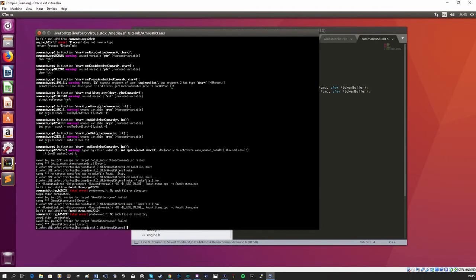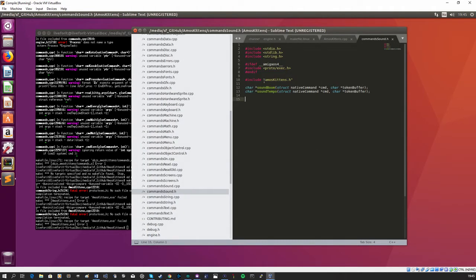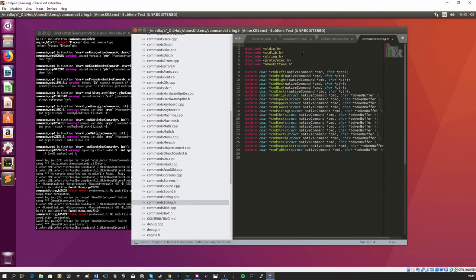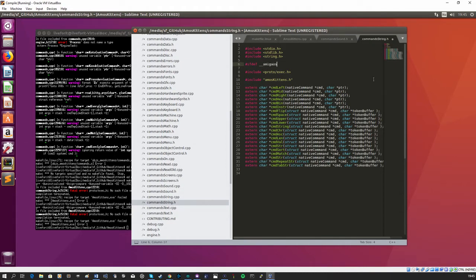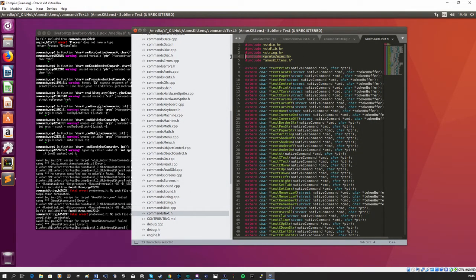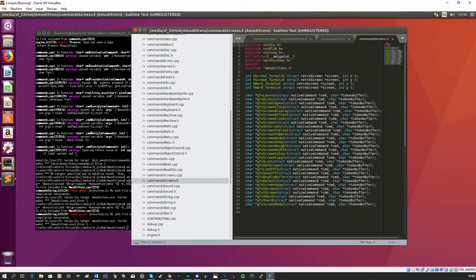So let's do make, and then it tells me it needs exec, and this is the total exec. Oh, I added it to the wrong file. I should have edited the string. So if defined AmigaOS 4, blah, blah, and endif. So this seems to be a problem that is in many of the files. So I can just maybe fix it like this. Okay, I did it differently here because actually this is the best way to do it, because then you can do or